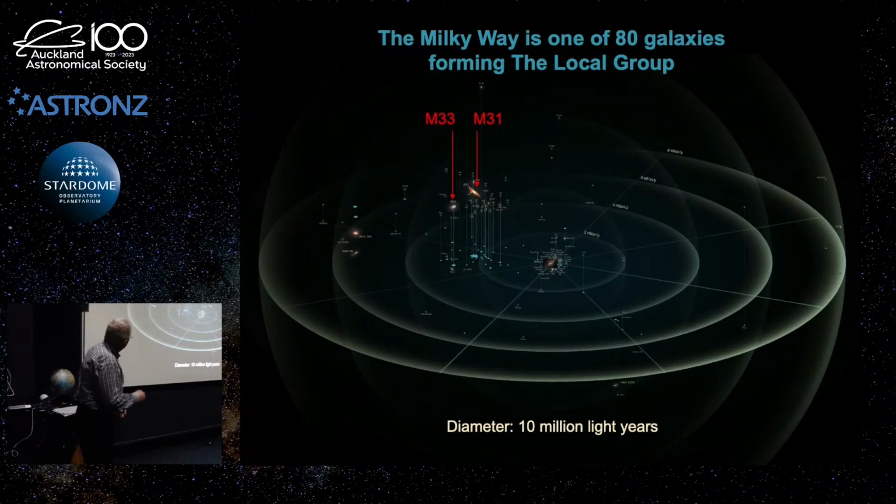So they have slowly identified this as a sort of 3D map. They put the Milky Way in the middle here, and it's called the local group. It's a collection of about 80 galaxies that are all gravitationally bound. There are 3 decent-sized spiral galaxies. There's the Milky Way. There's Andromeda, known as M31, about 2.5 million light years away. And then there's the Triangulum galaxy, M33, which is about 2.7 million light years away.